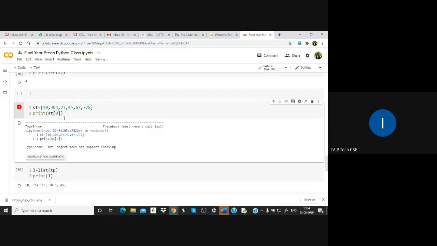It will not accept indexing. It is an unordered collection. Please make a note: it is an unordered collection.